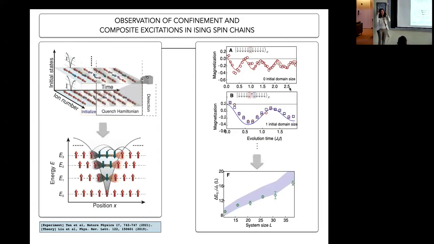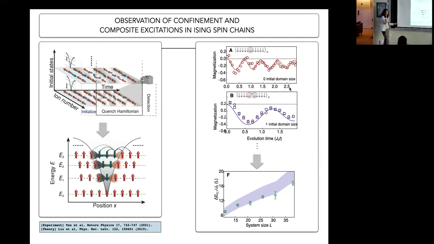And are these real? Can we actually observe them in experiment? This is an experiment, which is an analog quantum simulation experiment in trapped ion systems, because we can have these long-range spin-spin interactions in an analog fashion in experiment. They actually looked at systems as large as 40-something ions or spins, and they were able to look at the dynamics. So what they did is, starting from some initial state that was trivial, they then turned on this full Hamiltonian in the system, and then they were able to look at different initial states, and how in the quench dynamics they oscillate.